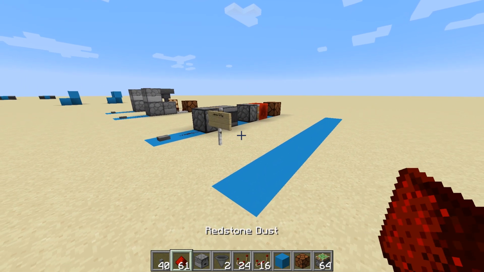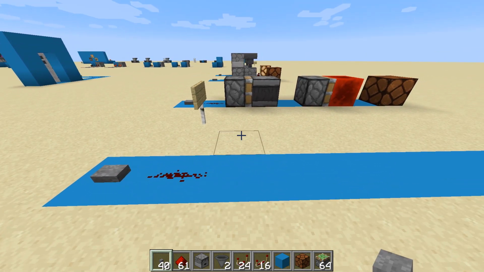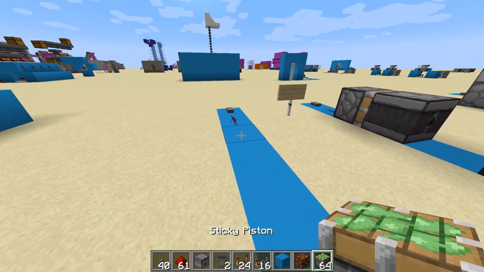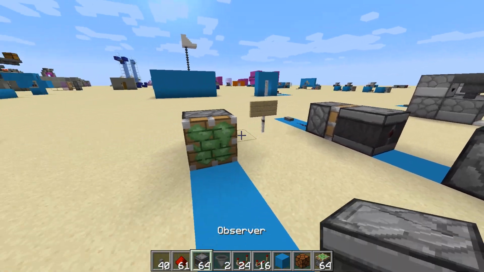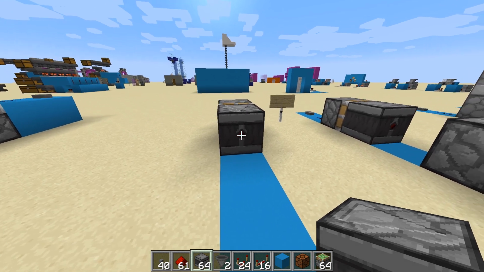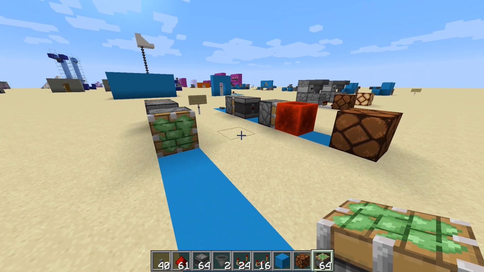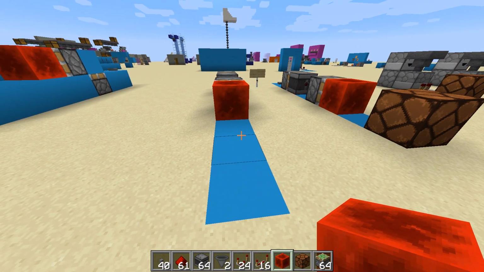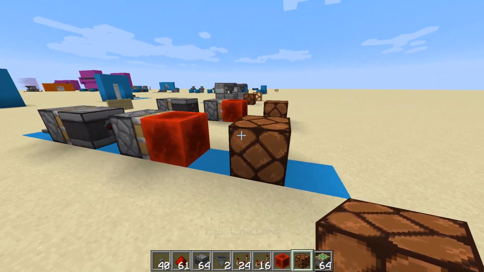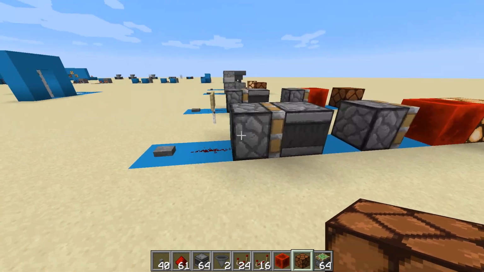Again, simple to build. Let me show you. Redstone dust there, and a button for our input. And we need a sticky piston, and we're going to need an observer there. Leave a gap and then put a sticky piston, and we need a redstone block, leave a gap, and we put our redstone lamp there, and there you go,